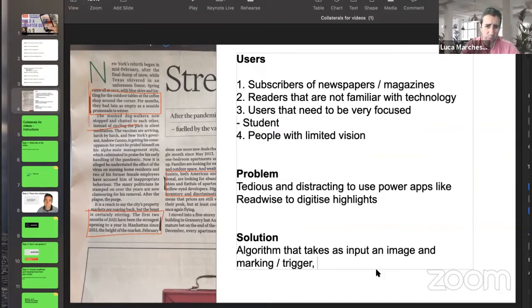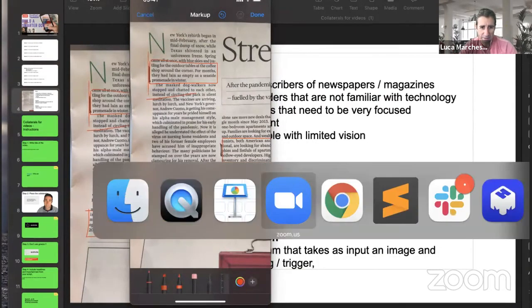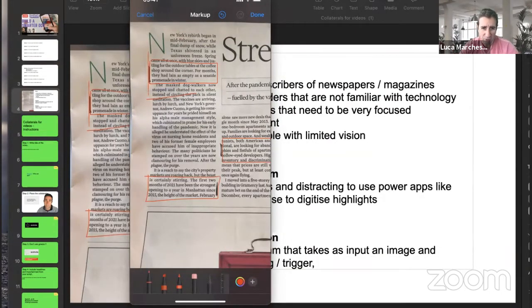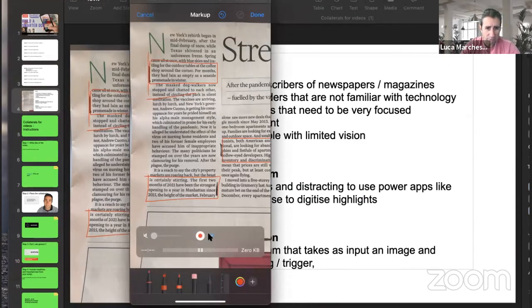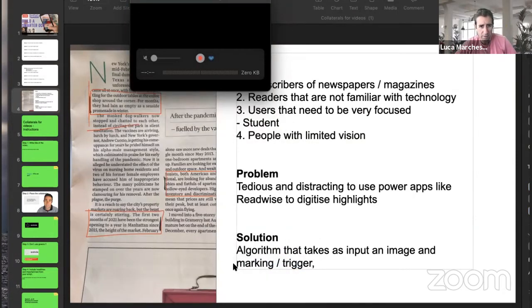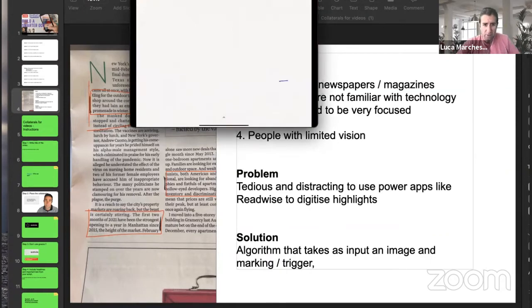And what is the output? What the algorithm does for the user? It creates a text file with all the highlights. I know, I'm much more ambitious than that. You know me, I'm very lazy. So what I would like is a system that takes as input, hang on, I'm gonna change my iPad. Okay, so I would like,